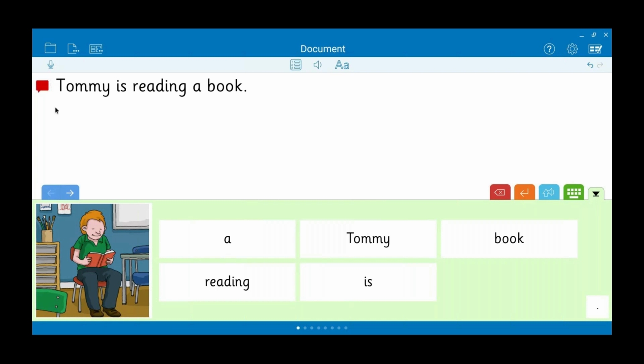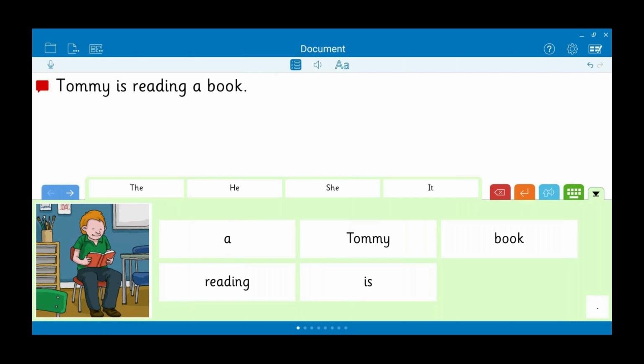Another tool that we have here within Clicker Writer is called Word Prediction. And it's this little box right in the middle here with the numbers 1, 2, 3 on the left and open boxes on the right. And when I pop that on, these little boxes appear for me above my set. And what's going to appear in those boxes are words that Word Prediction thinks I might be looking for to